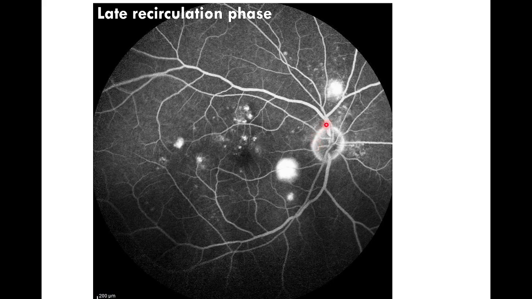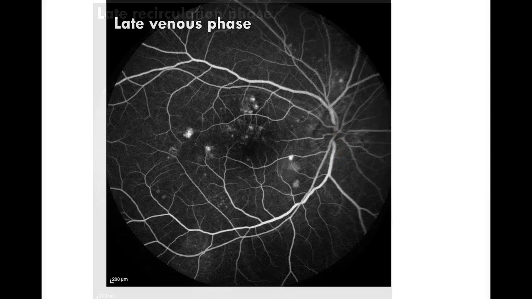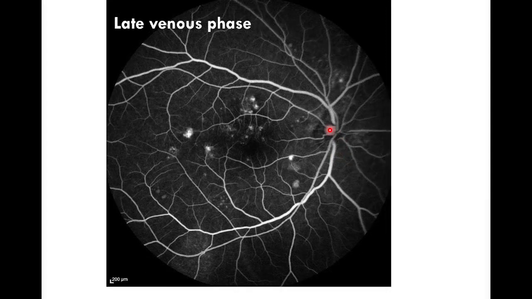Because the choroidal vessel choriocapillaries, which terminate here, will leak, and the lamina cribrosa will take up the fluorescent dye, that is named as staining. So due to the leakage from the choriocapillaries in the disc margin and staining of the lamina cribrosa, in a myopic patient the nearby adjacent sclera, because of the chorioretinal atrophy, also takes up the stain. All these lead to hyperfluorescence of the disc, which we name as staining of the disc in the late recirculation phase. So this is differentiated from the late venous phase by the hyperfluorescence noted in the disc. Okay.